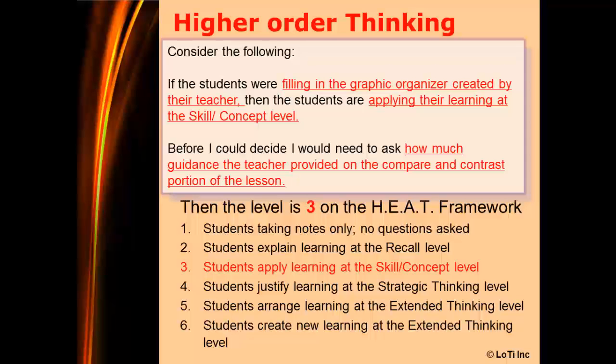Before I could decide, I would need to ask how much guidance the teacher provided on the compare and contrast portion of the lesson. If the teacher created the graphic organizer and the students are filling it in, then this level is at a 3 on the HEAT framework. Students are applying their learning at the skill and